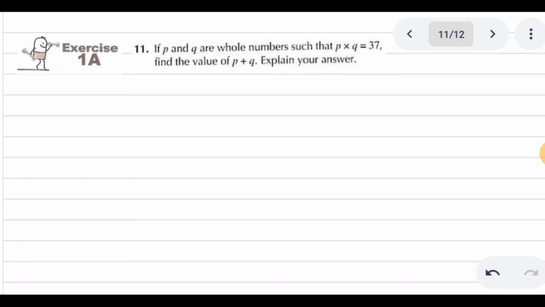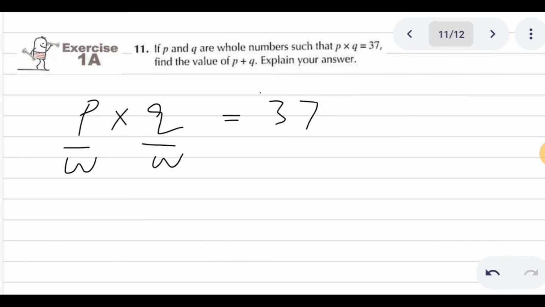Now we are going to solve question number 11 from exercise 1A from the book D1. The question is, if P and Q are whole numbers such that P into Q is equal to 37, find the value of P plus Q and also explain your answer. So the information given in this question is that P into Q must be equal to 37, and these two numbers are whole numbers, and we also know that